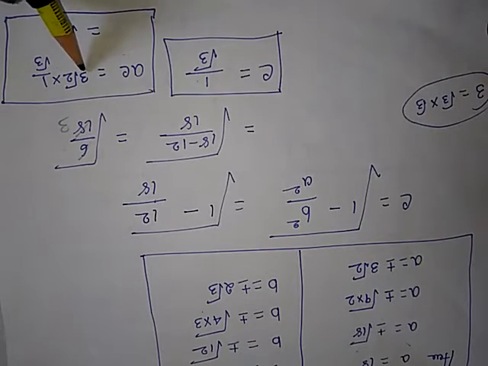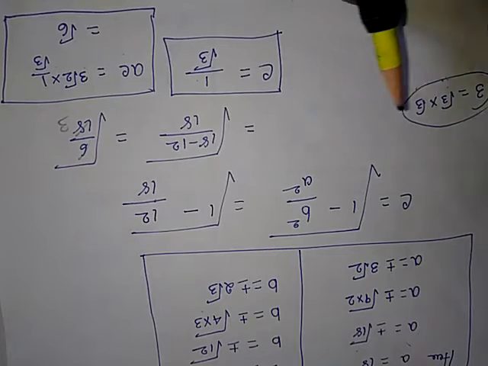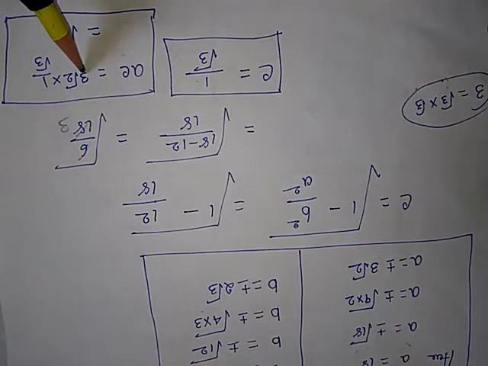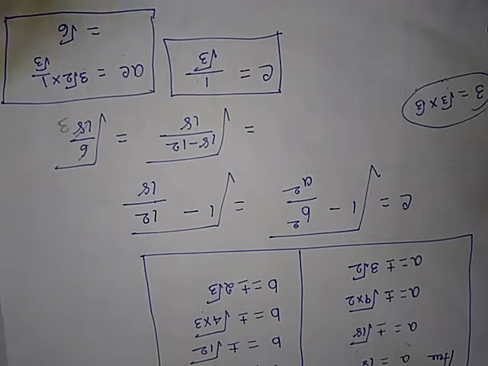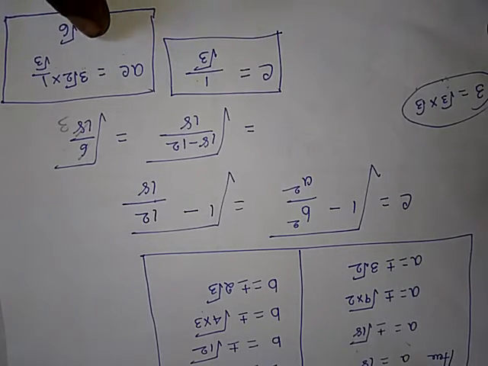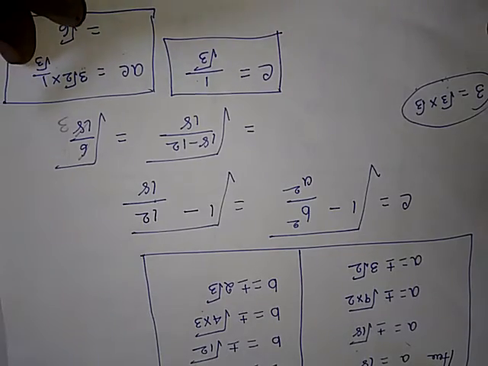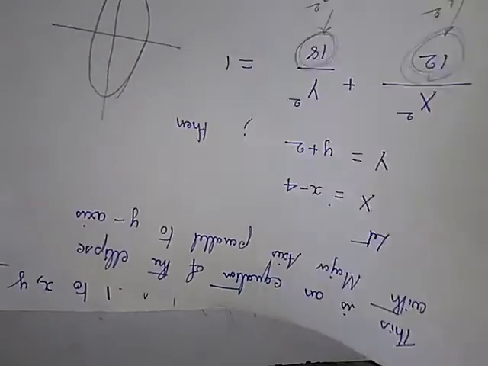So now this 3 can be written as root 3 into root 3. So here this 3 will have root 3 into root 3. This 1 root 3 and here 1 root 3 gets cancelled and remaining we have root 3. Root 3 into root 2 it gives root 6. This you have to remember because these values are used for the later part for solving the equation. Okay. Next.